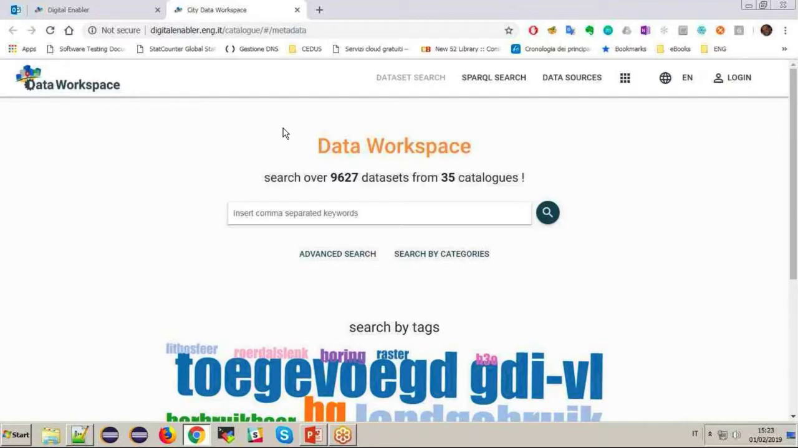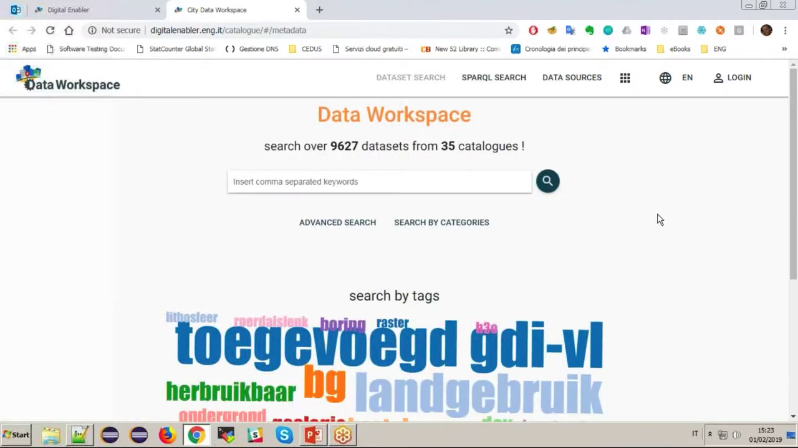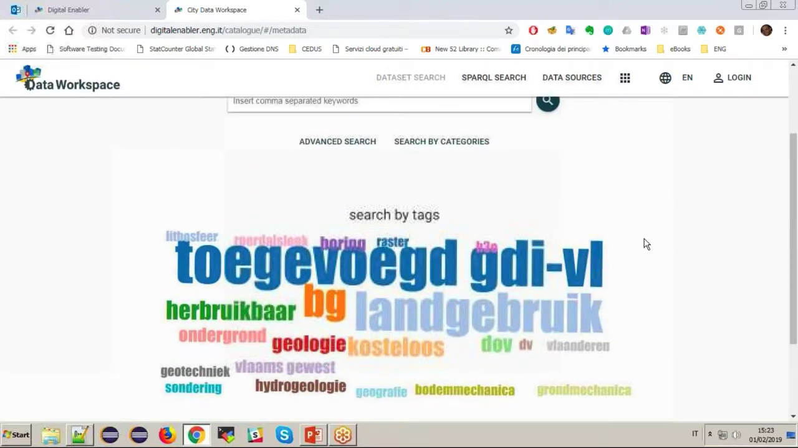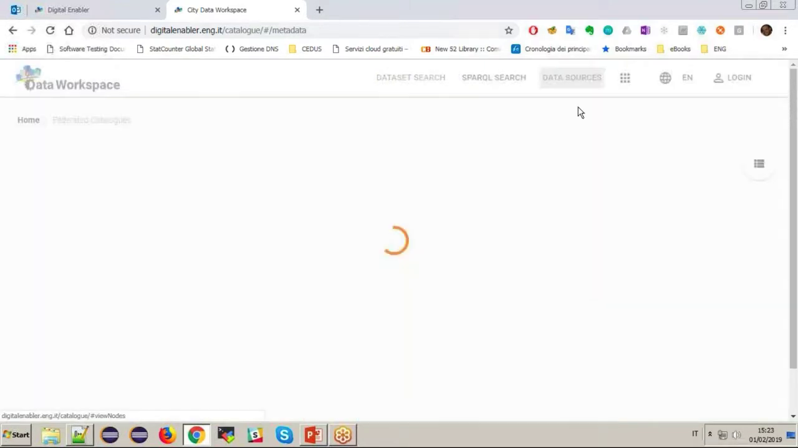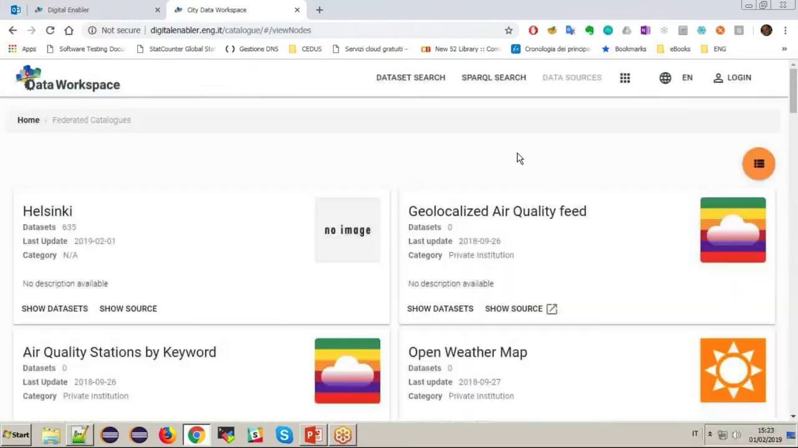So let's start from the city data workspace. This is the main page of the city data workspace. As you can see, you can log in, but it's not mandatory, because you can navigate the tool also as guest. Here you can search over 9,627 datasets made available from 35 catalogs registered in the city data workspace. We have the tag cloud, and this